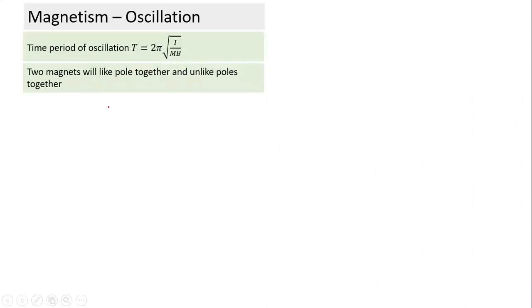Now what are other variations? One kind we have taken, we can cut a bar magnet. The other thing you can do is take two bar magnets. We can have a simple question, but let's understand that anyway. You have one bar magnet like this. Let me call this M1, I1.